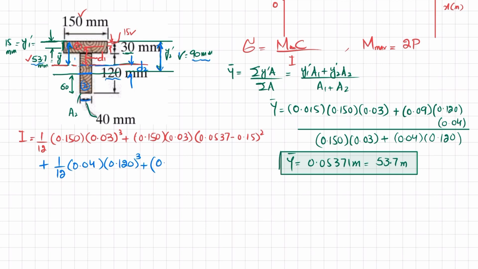So 90 is 0.09 meter minus 0.05371 whole square into area, and the area is 0.04 multiplied by 0.120. 1/2 BH cube plus area is this: 2 multiplied by these 2 will give you area, and this is D square. Actually what I want to say is that I is equal to 1/12 BH cube plus AD square